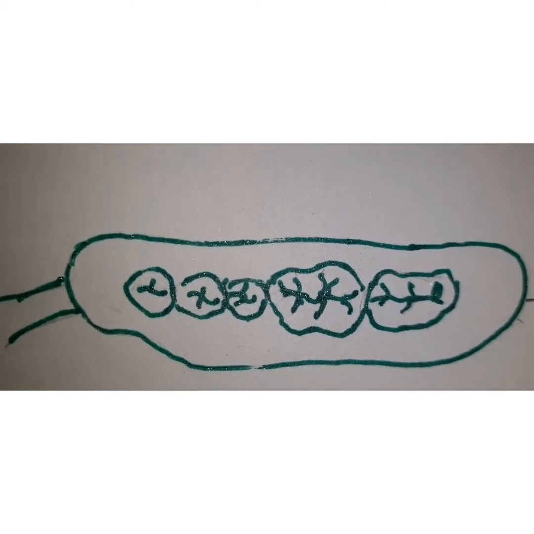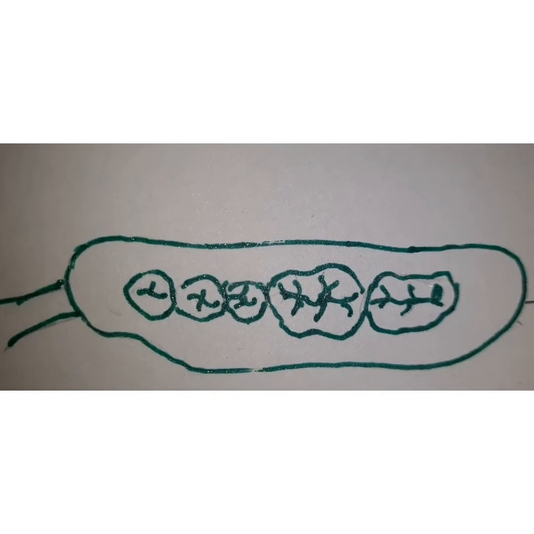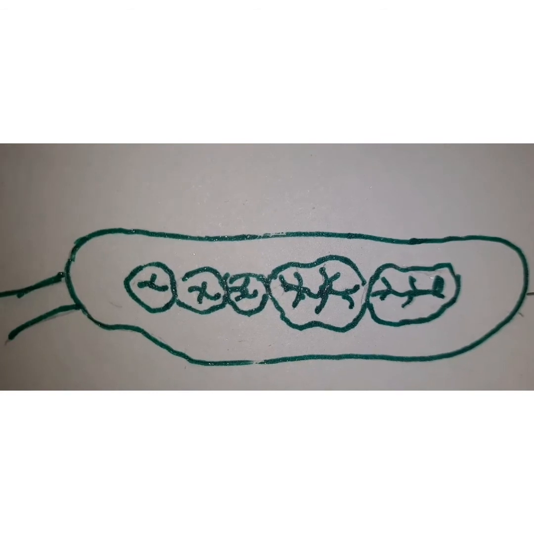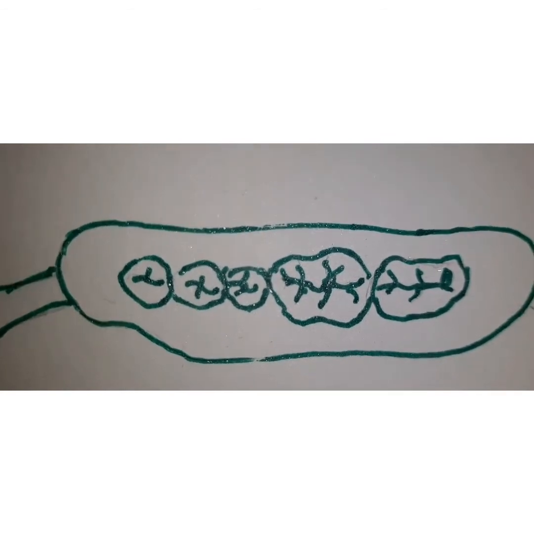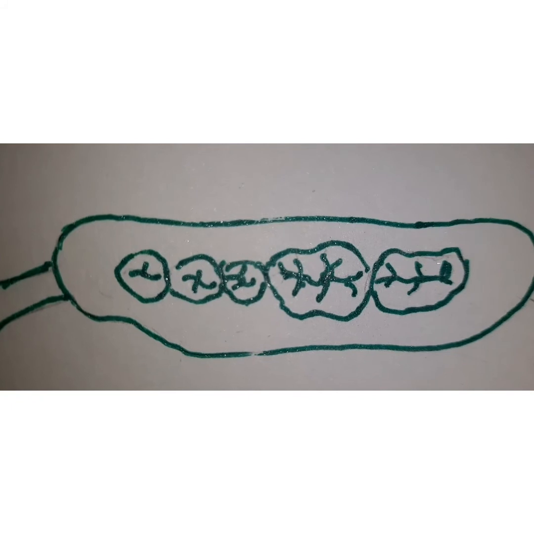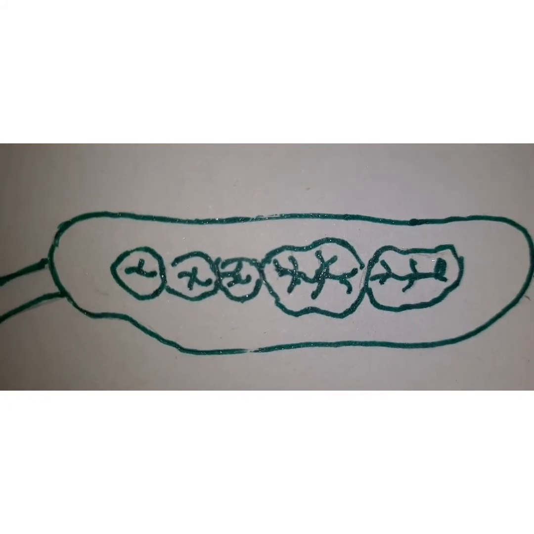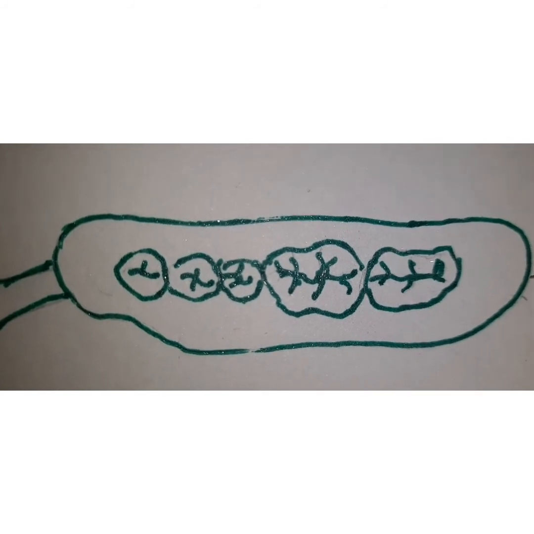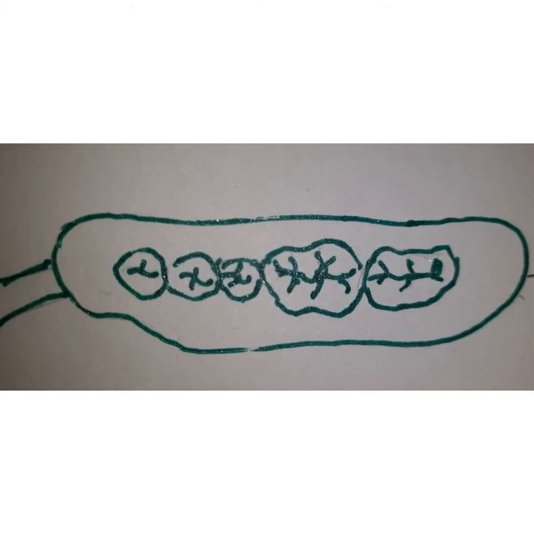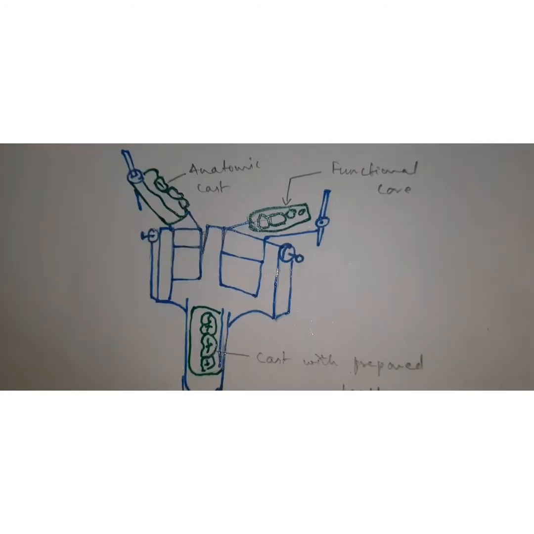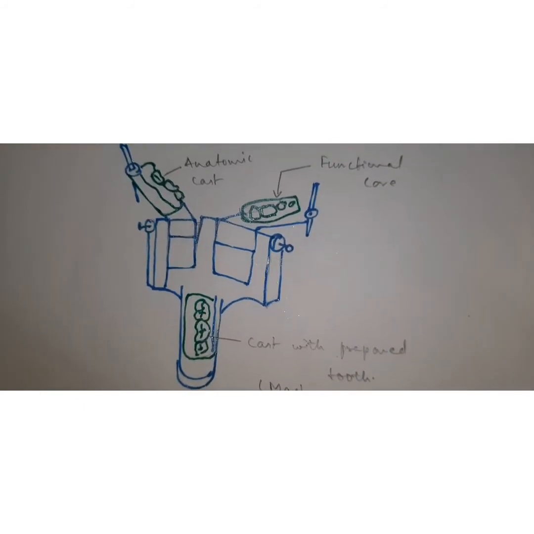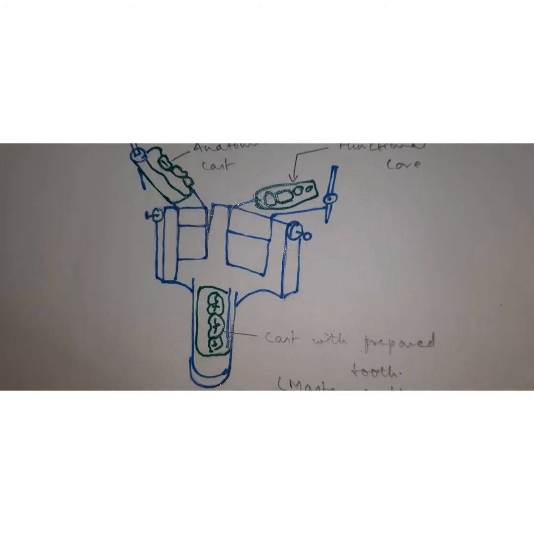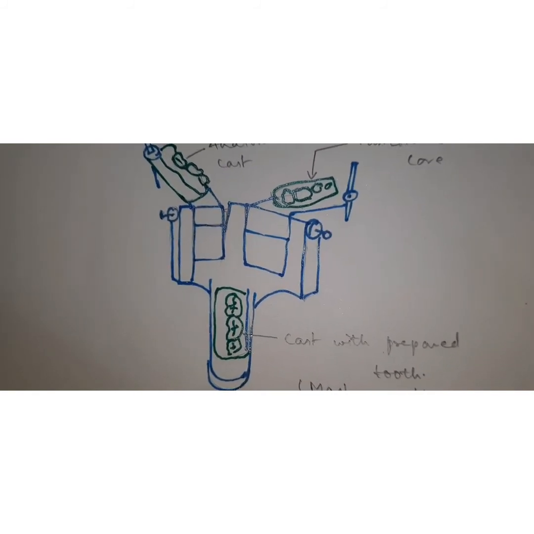After this you are going to pour the elastomeric impression with the die stone, and then you will get the sectional master cast. After this you are going to take a bite with an appropriate material. It could be a silicone material or a wax bite, and you are going to preserve this bite. After this you will take a twin stage occluder. On the lower member of the occluder, that is the articulator, you will be mounting the